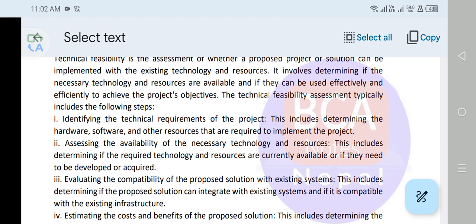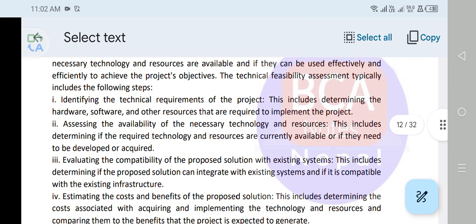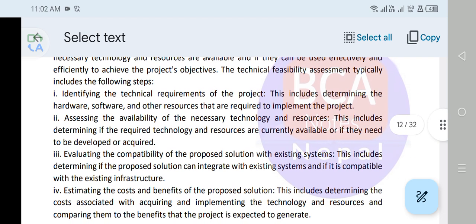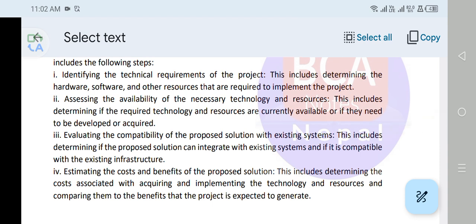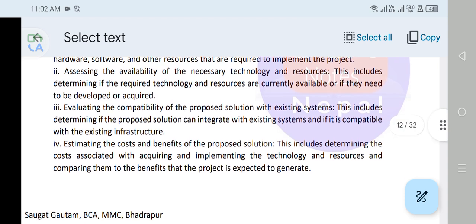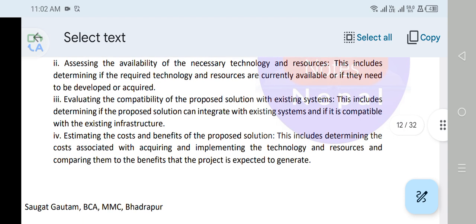This includes determining the required technology and the resources that are currently available or, if needed, have to be developed or acquired. Evaluating the compatibility of the proposed solution with the existing system includes determining whether the proposed solution can integrate with the existing system and is compatible with the existing infrastructure. Estimating the cost benefit of the proposed solution